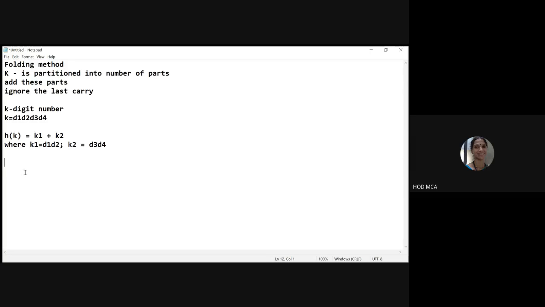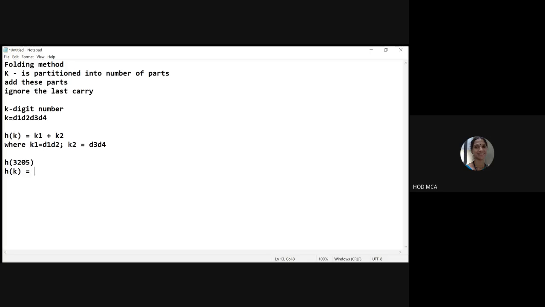So that is the method behind the folding method. Now let us take some examples. Let us take h of 3205. We are given a 4-digit number, d1, d2, d3, d4. d1 is 3, d2 is 2, d3 is 0, and d4 is 5. Now h of k, I should write it as k1 and k2, that is, partition it into parts.